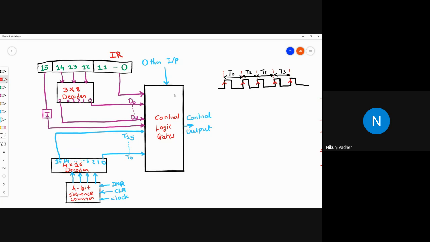Let me draw the timing signals in very different colors: T0, T1, T2, T3.